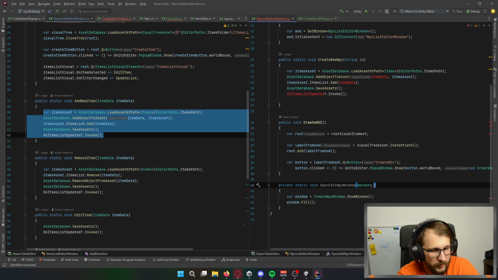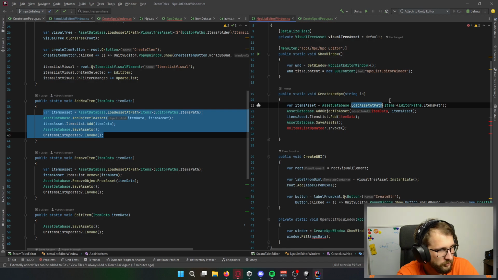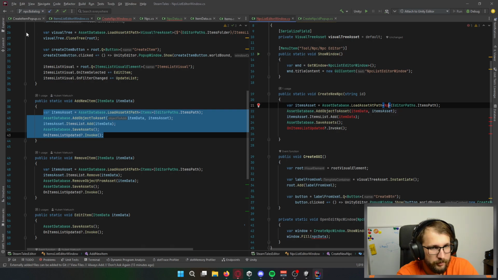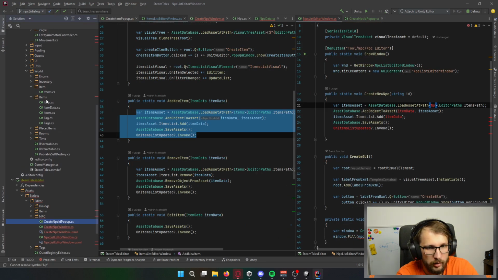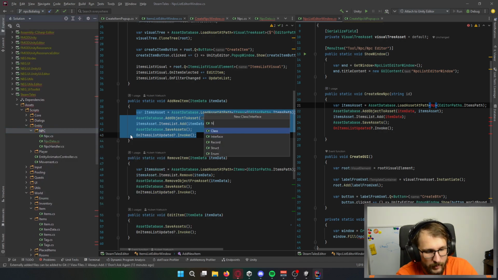NPC data will be here. So I will pass NPC data here. So from AssetDatabase, I want to load assets, NPCs. It has to be somewhere here. NPCs.